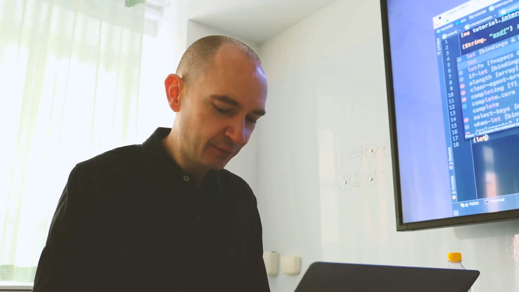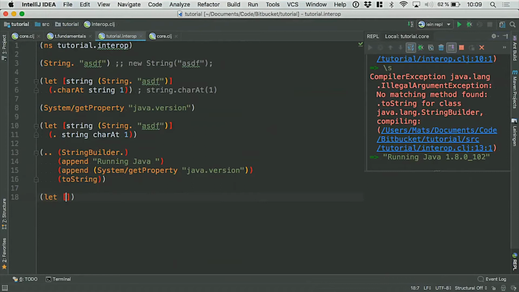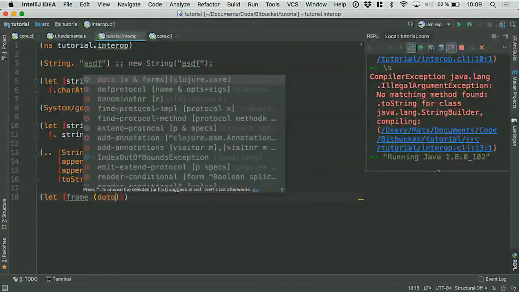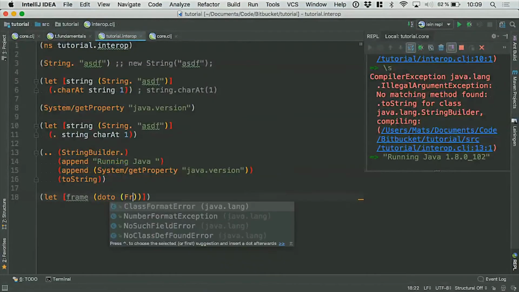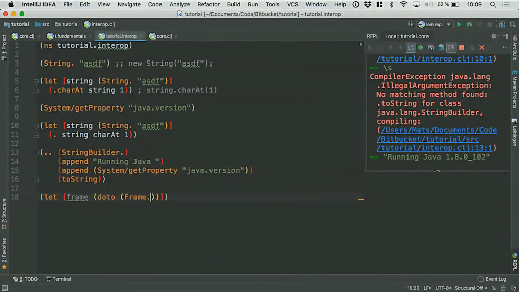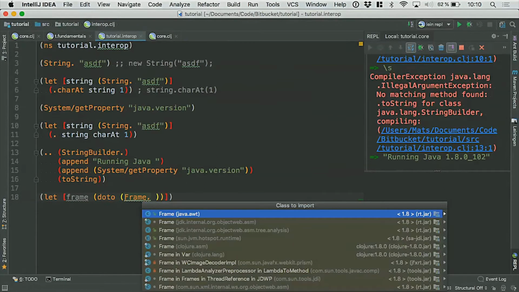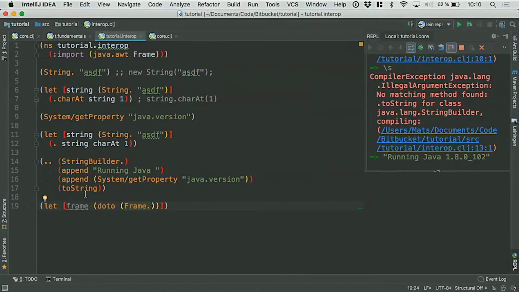So if we wanted to deal with something like that, I can use a similar way. I'm just going to try this out and create a window here, so this is going to be a Java Swing frame, or I guess AWT maybe. That's not how you do that. Just complete that, import that one, and you can see that I got help here and auto imported the class